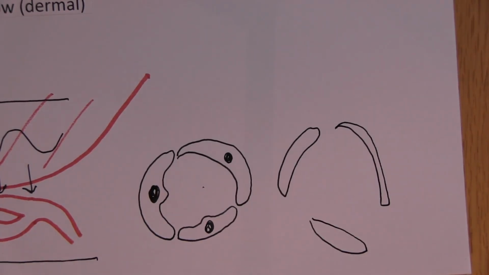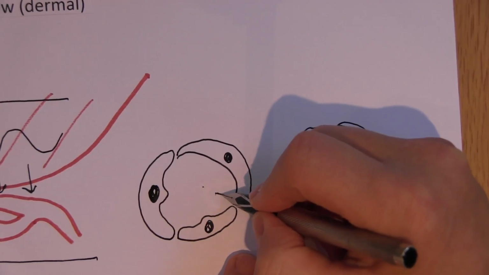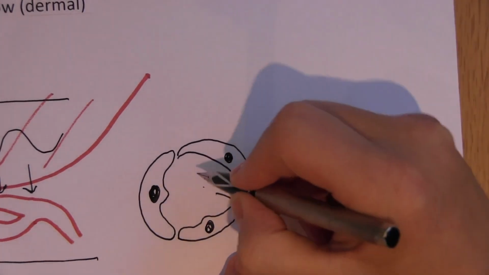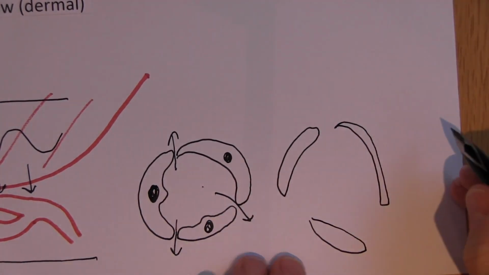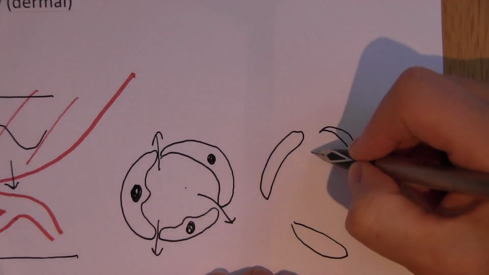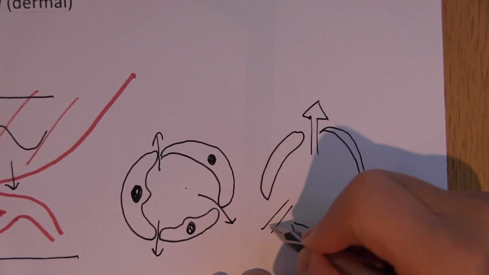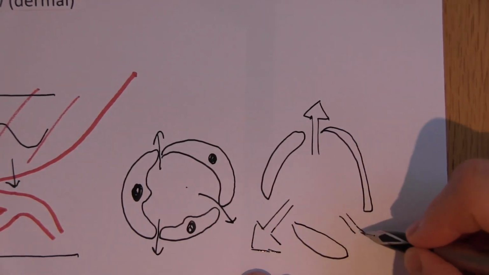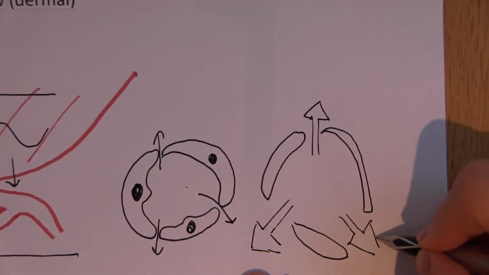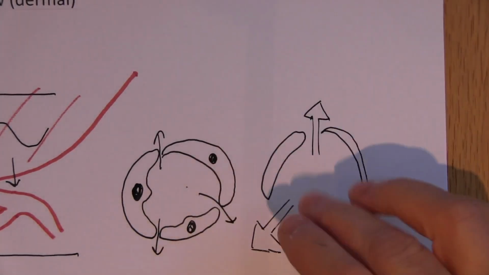So what this means is that whereas here there was only small gaps for the water to get out from the plasma, or the plasma component of the blood rather than just water, now there's great big gaps, so huge amounts can get out. We've increased vascular permeability as a result of this inflammatory process, and we get a lot of tissue fluid going out into the